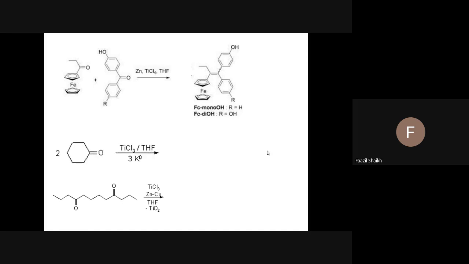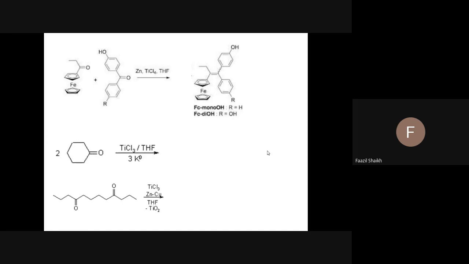titanium tetrachloride, okay. This zinc will reduce this titanium tetrachloride, and that titanium will combine, the same as what we have seen for the mechanism, and this forms a bond with this carbonyl, and this will form a bond with another oxygen. This oxygen will form a bond with another titanium, and then after that formation of bond, similarly to what we have seen in the mechanism, it results in the formation of this olefin. Okay, fine. And the yield we can decide later on. No problem. We go for this mechanism.